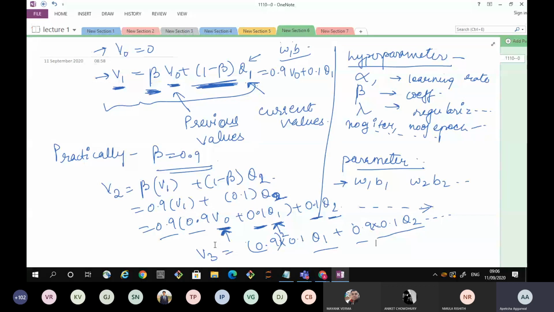We have input X, we have output Y, and we want to reduce the cost so that we get the best W and B. We want to get the best parameter values, that is W1 and B1 and W2 and B2 and so on. We want to get the best weights and biases so that my model has the lowest cost, lowest error. Okay. So hyperparameters are those parameters which are controlling the parameters. So the only parameters in my model are weights and biases. Just remember this. Rest all are hyperparameters.